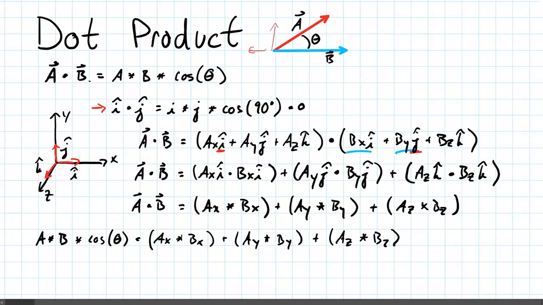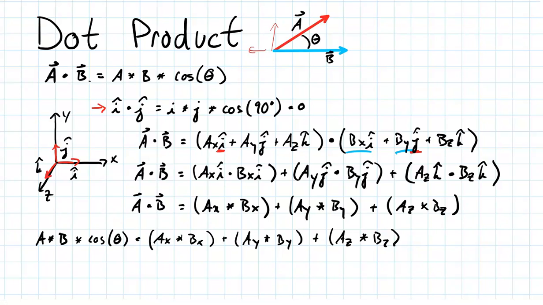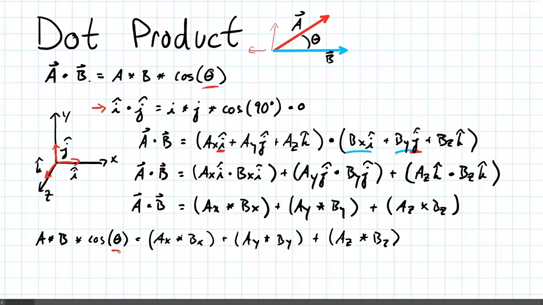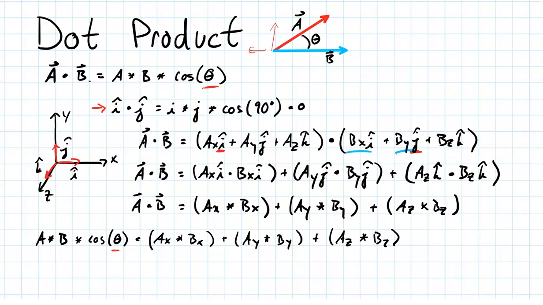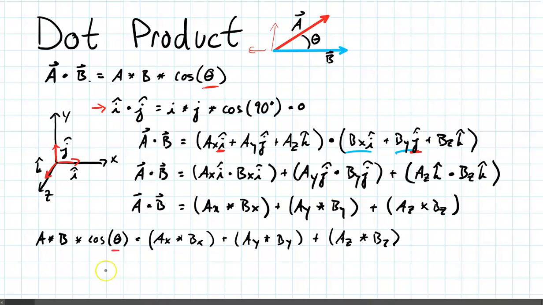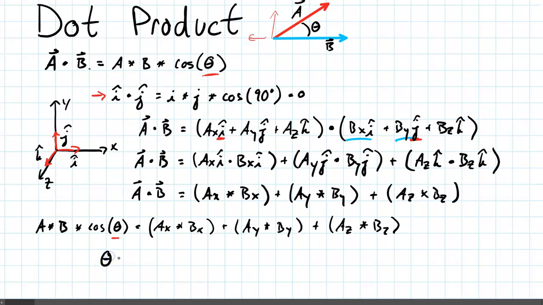All right. So the dot product can be used for a myriad of different things in science and engineering. For the purposes of this class, one of the primary functions we'll use the dot product for is to find this angle theta, this guy. So we can simplify this dot product to be handy to us. We can divide over the A and the B, and then do the arc cosine of both sides to find theta. And so we can define theta as being equal to